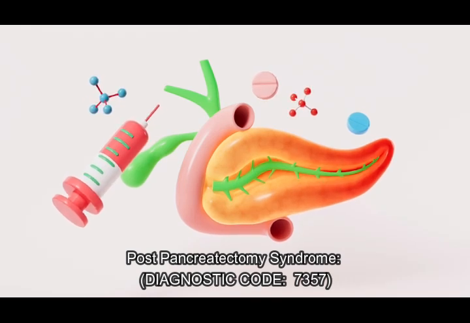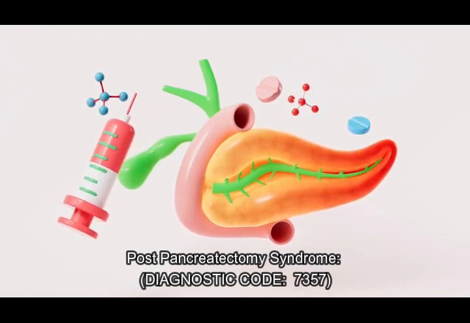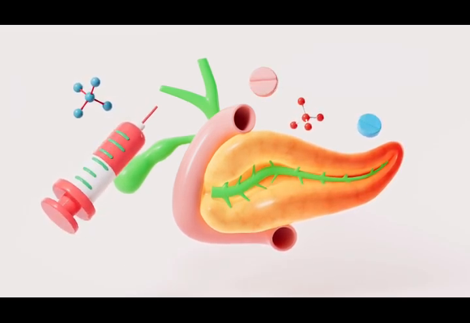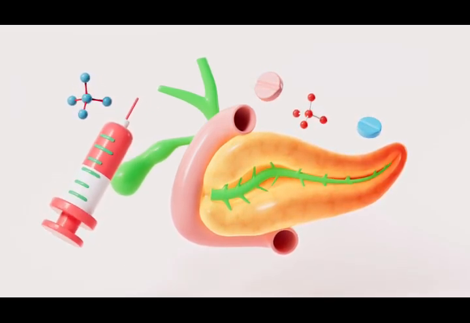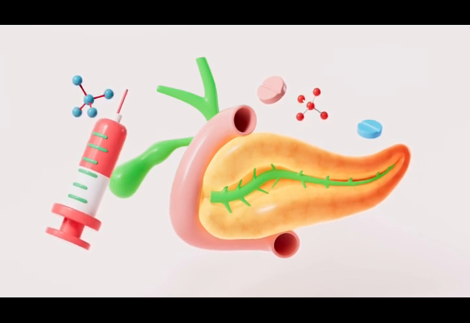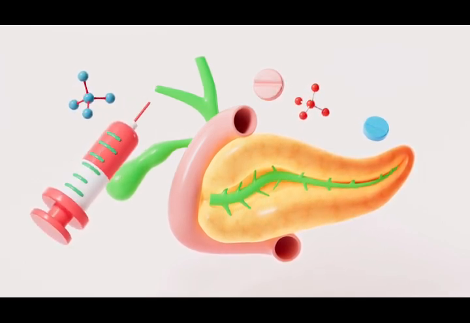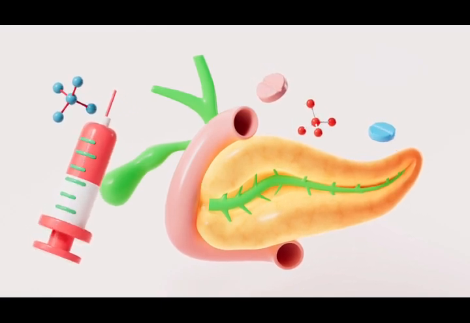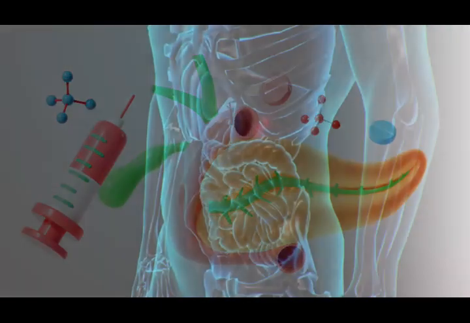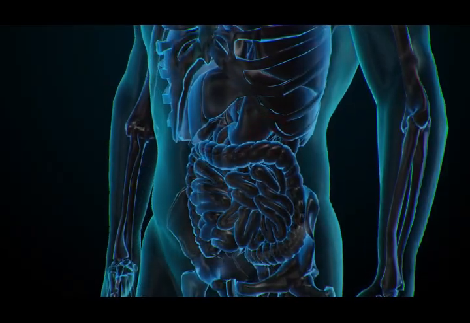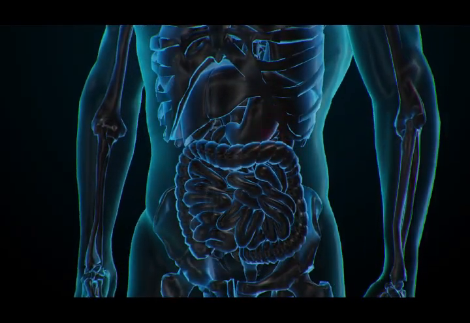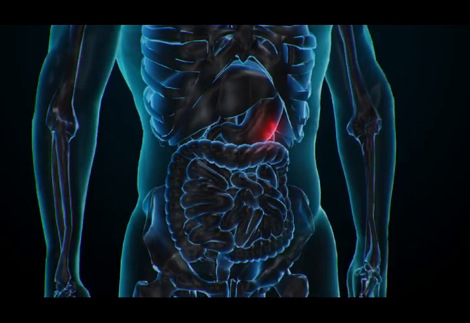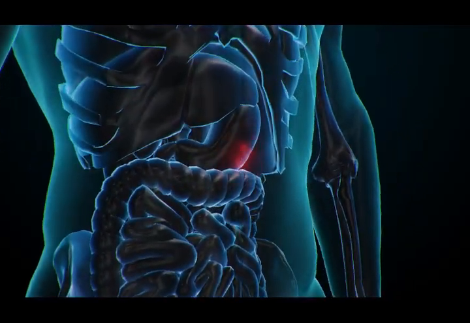Post-pancreatectomy syndrome. Diagnostic code 7357. This condition follows total or partial removal of the pancreas, leading to various digestive and metabolic complications. Following total or partial pancreatectomy, evaluate under pancreatitis, chronic, diagnostic code 7347, chronic complications of upper gastrointestinal surgery, diagnostic code 7303, or based on residuals such as malabsorption,